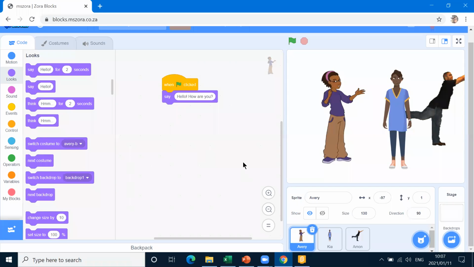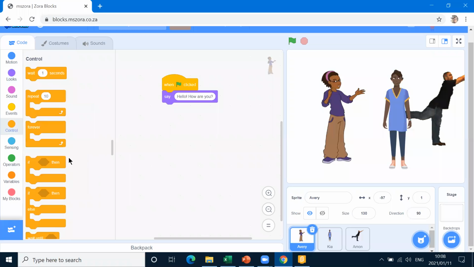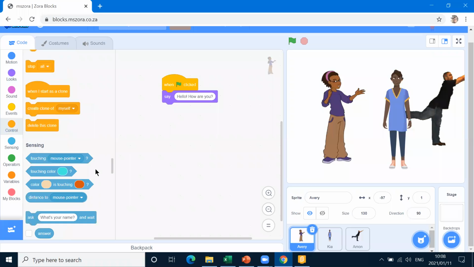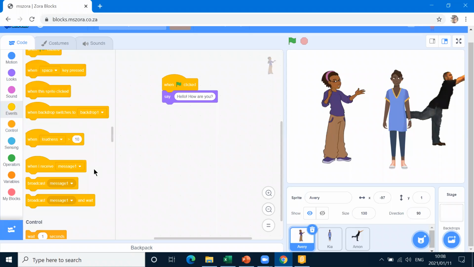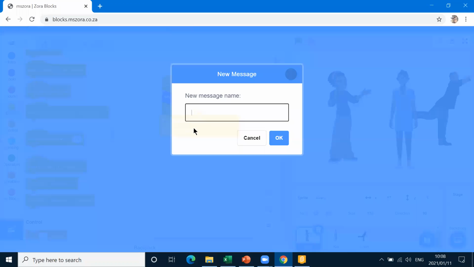So we're going to go and find what we call a broadcast block. We'll find that in, let's find broadcast. I know it's either yellow or orange, I just remembered, but it's in events. So this is what we're going to put in here, a broadcast message 1. We can type anything for message, it's defaulted to message 1, but we can make a new message if we want and say,